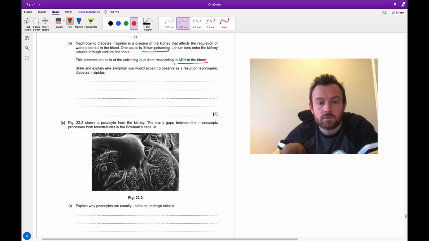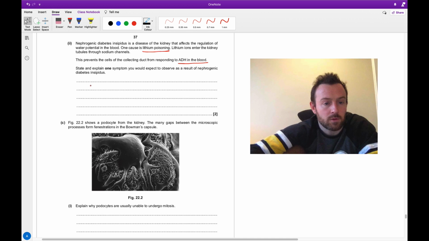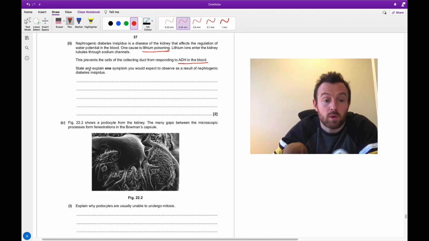So if they can't respond to ADH in the blood, you would expect large quantities of watery urine. So large quantities of urine, pale in colour, I think would be the symptoms. It says not give two symptoms. It actually says state and explain one symptom. Okay, so